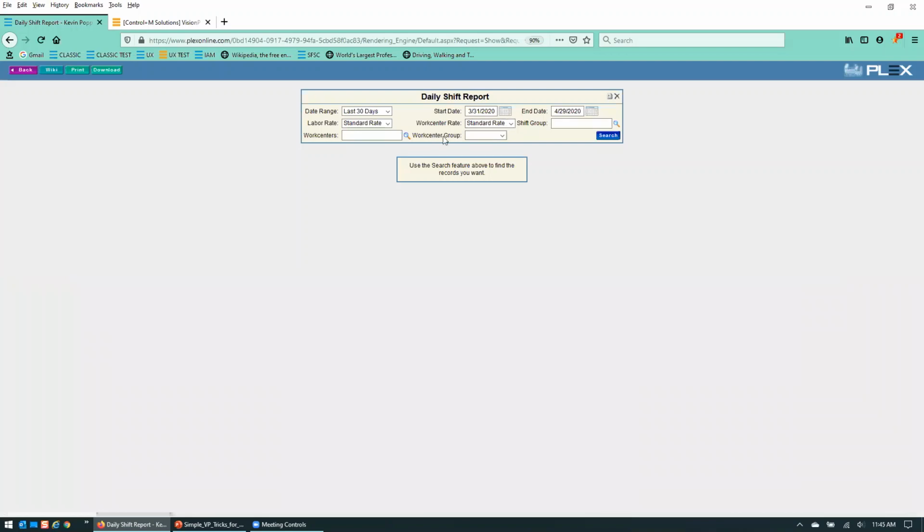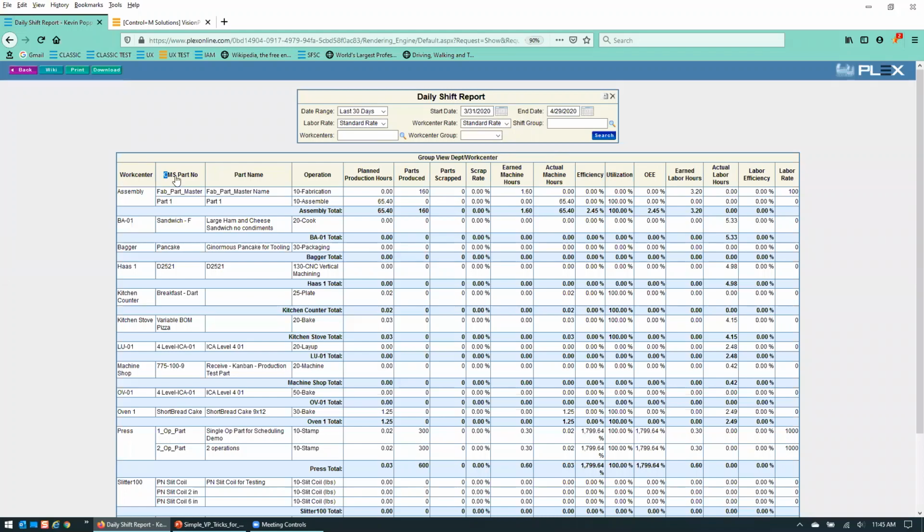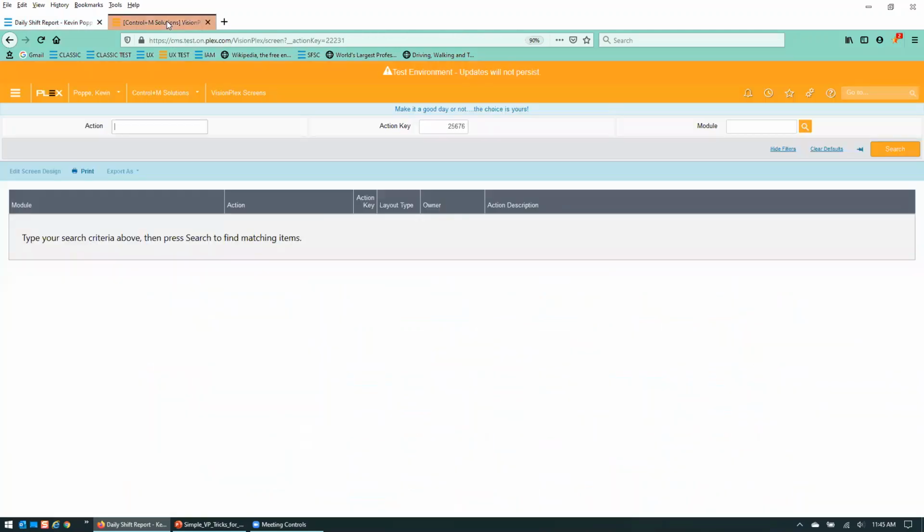And what we should expect to see, we see our Work Center group filter. And if we actually run this, we should see the update that we made to the name of the part number. And so that's a quick couple of changes in Classic daily shift report. About 5 minutes,